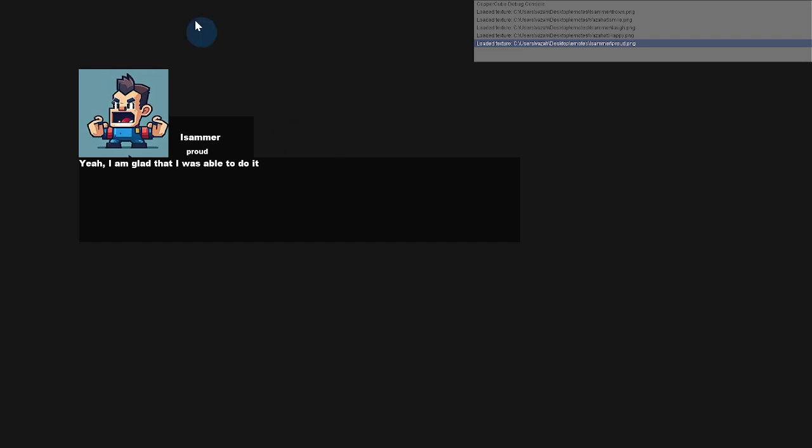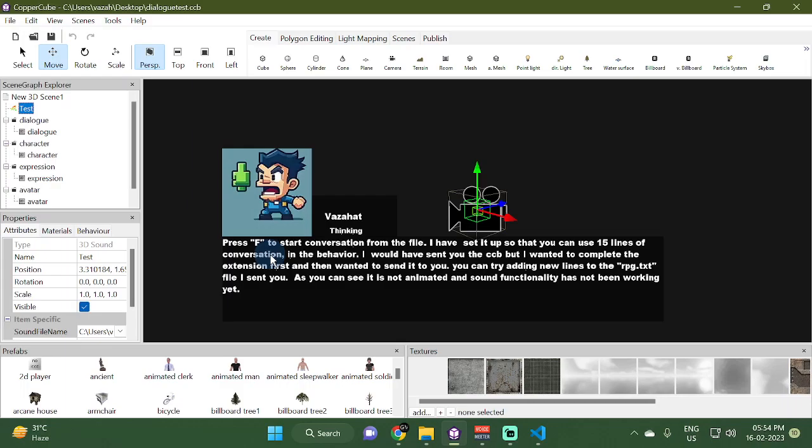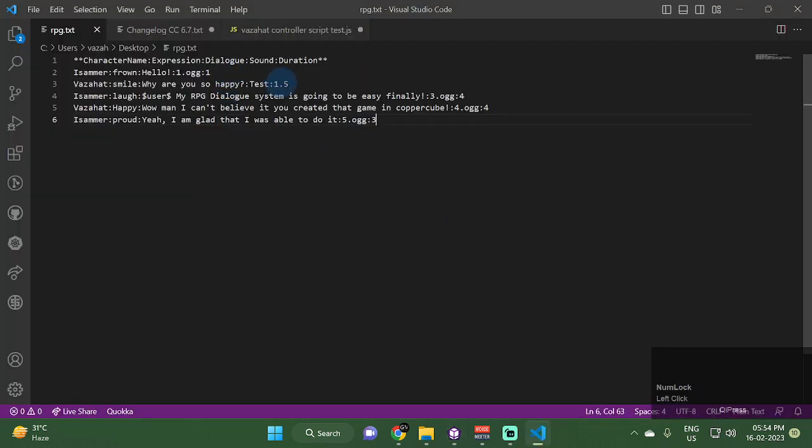So yeah, that's it. It is our character avatar and character name, expression and the dialogue, and that's it. It automatically animates the dialogue as well, character by character, and it will play the sound. But you have to use these durations based on your sound files if you are using voiceovers, because it doesn't automatically synchronize with the sound file length or duration. So you have to manually set the duration to match the sound file duration. So this is how you frame your